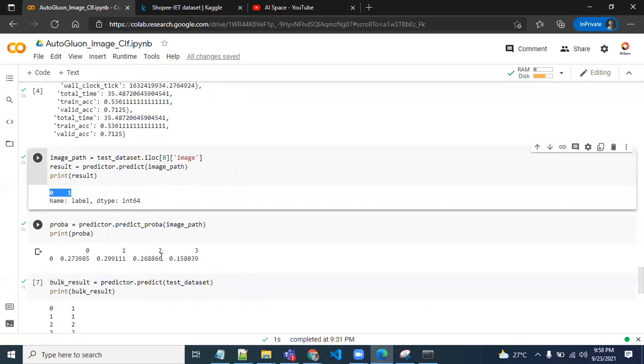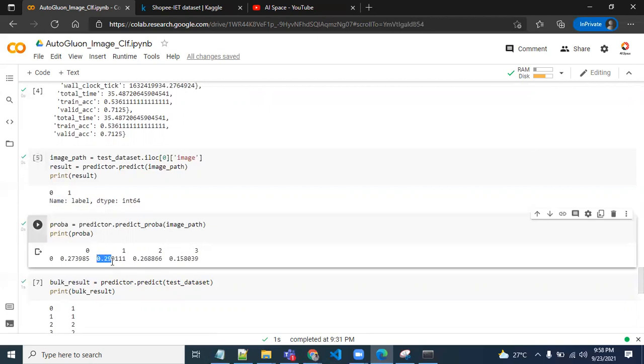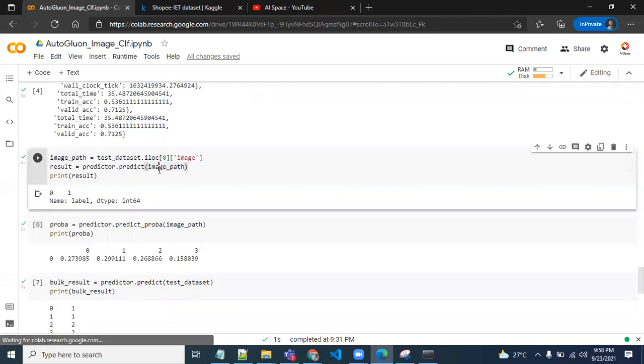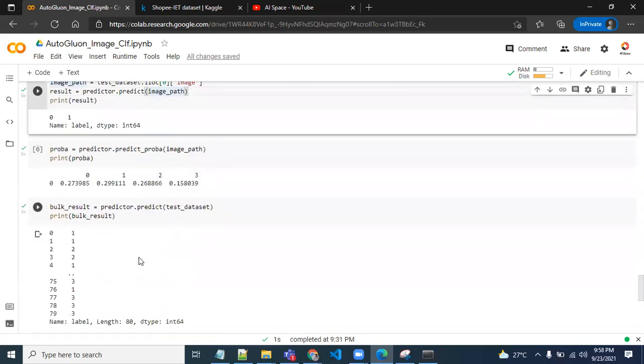And similarly, you can see for the second and third categories, the highest probability in this case is 0.29. That's why the model is saying this particular image is going to fall under the first category. The first category is nothing but the baby pants.